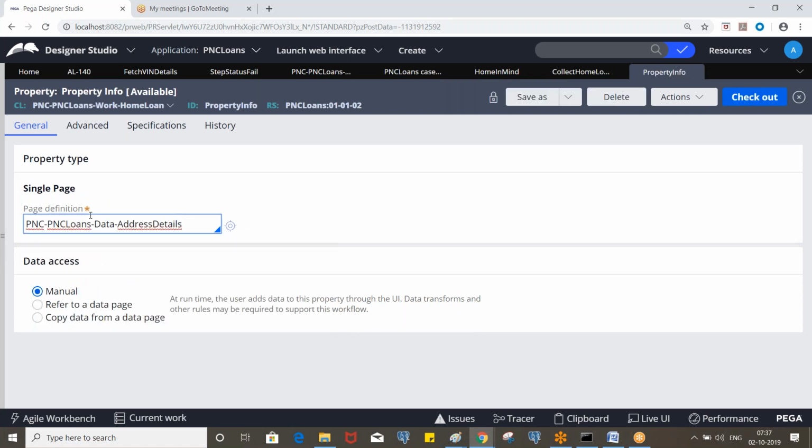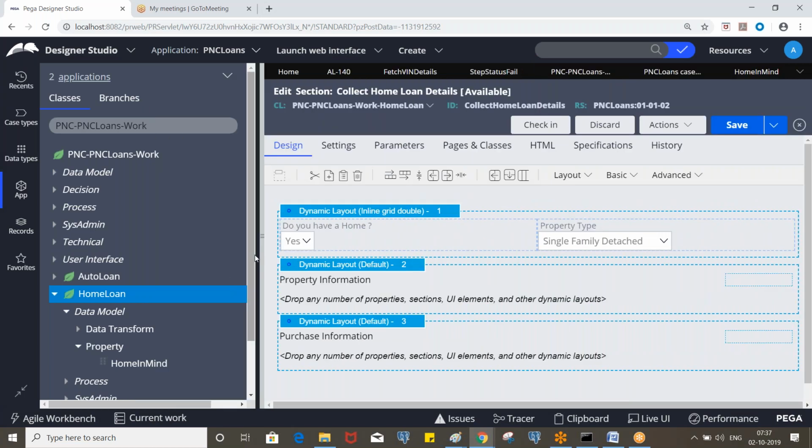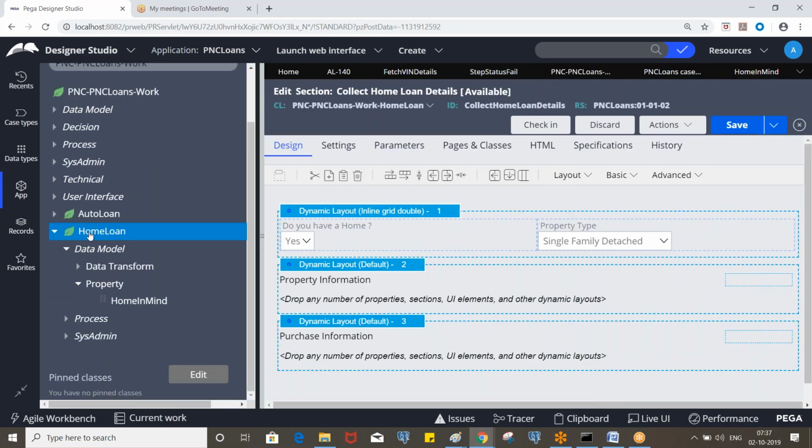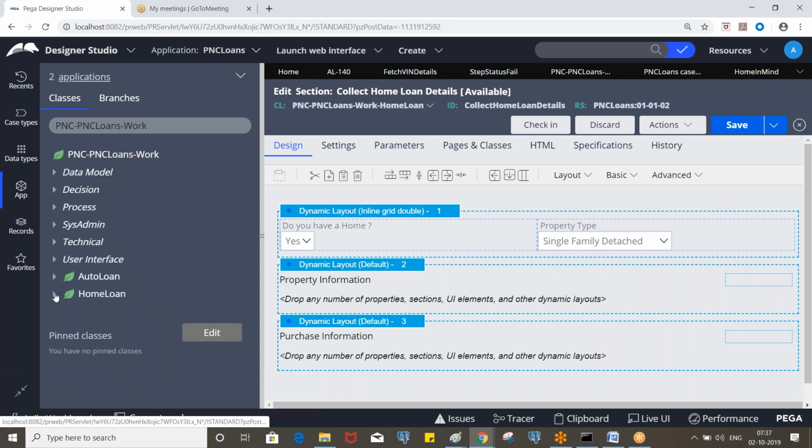Clear? So now how can we use these properties? Property info dot address line 1, property info dot address line 2. Let's refresh and drag it.